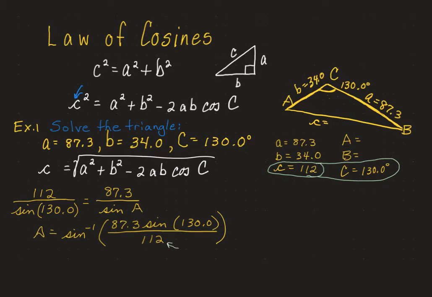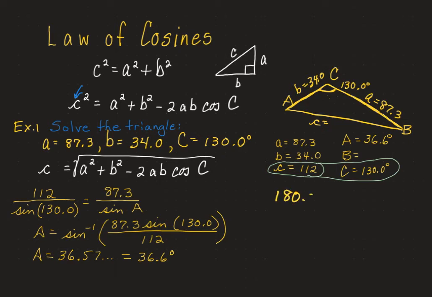And remember to scroll back up into the history of your calculator to grab 112.21914 blah blah blah to avoid rounding error. Hit enter and finish your parentheses and you should get 36.6 degrees. So that's angle A. Now the only thing we have left is angle B. Shall we go back and do law of cosines or law of sines? No. Let's do instead